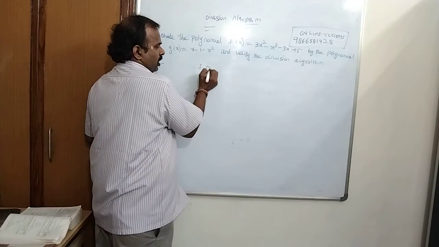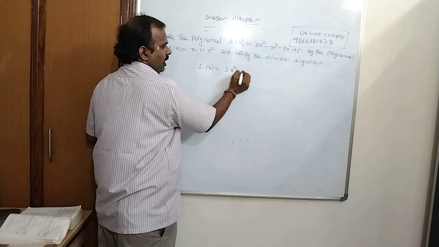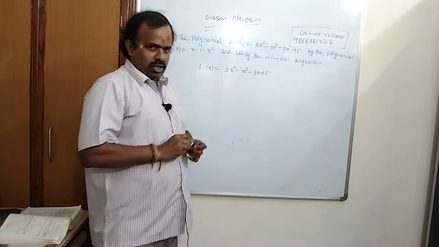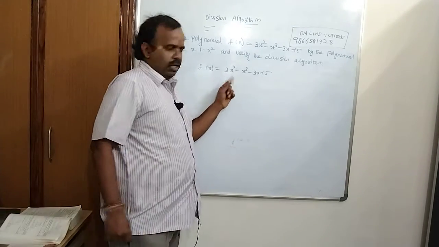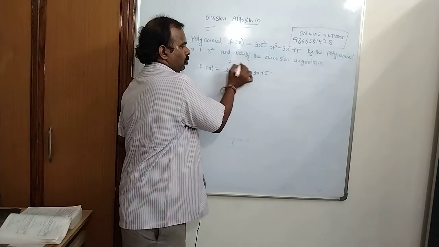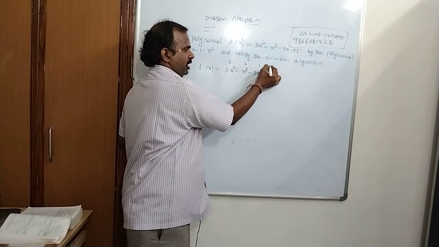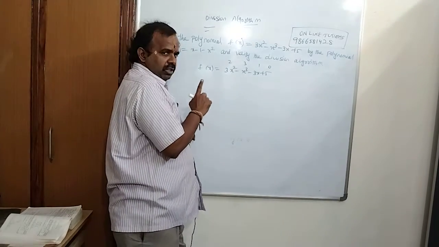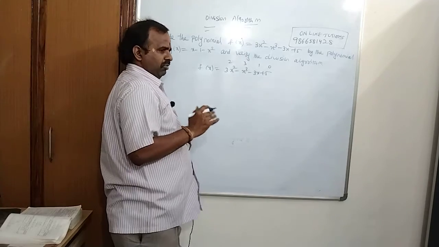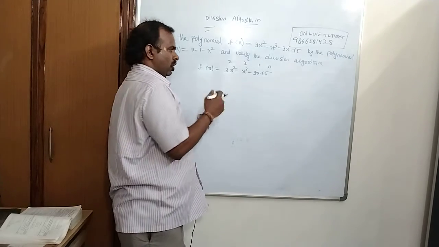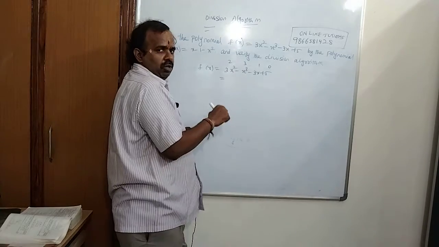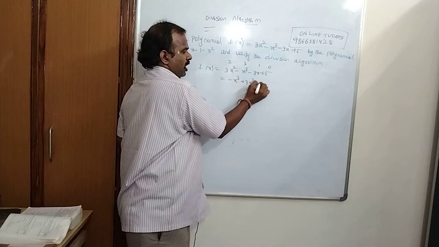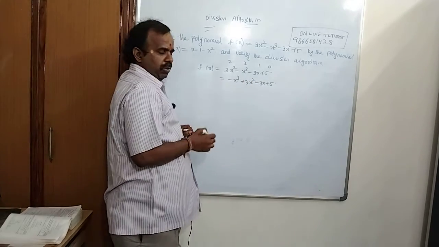Here f of x is equal to 3x square minus x cube minus 3x plus 5. If you observe the powers of each and every term, here it is 2, here it is 3, here it is 1, and here it is 0, that is the constant. Now they are not in order. They should be either in ascending order or descending order. But from many years when we are doing division, we got the habit of writing the powers of the polynomials in decreasing order only. So minus x cube plus 3x square minus 3x plus 5.